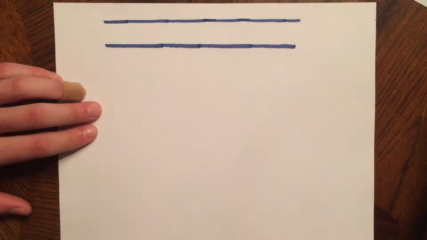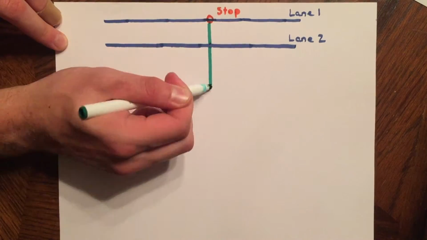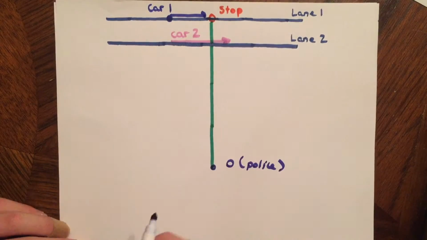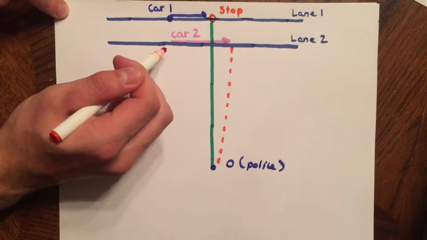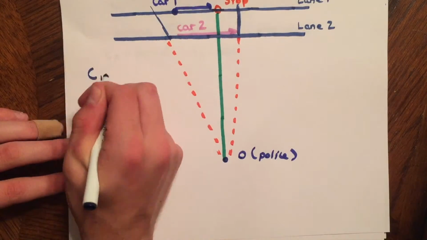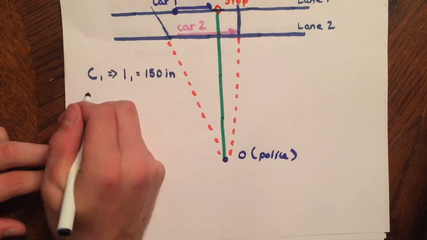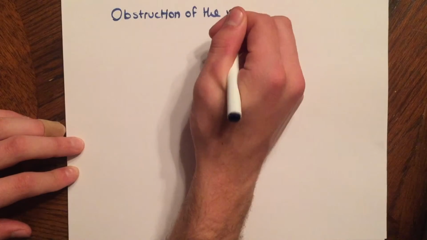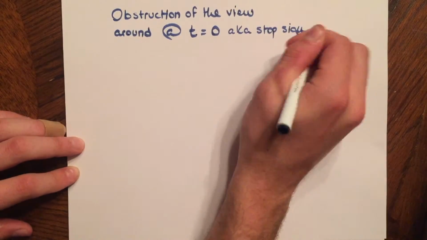Finally, we need to consider what happens if the police officer's observations are briefly obstructed by another car. The professor was driving a Toyota Yaris, which is about 150 inches, while the car that was obstructing the view was 189 inches. To estimate times TP and TF at which the partial and, respectively, full obstructions of views of both cars began and ended,